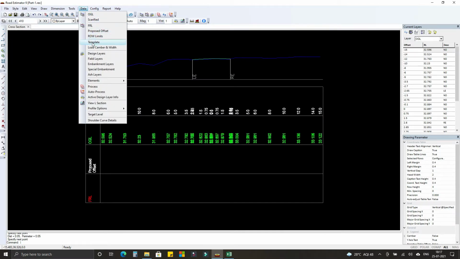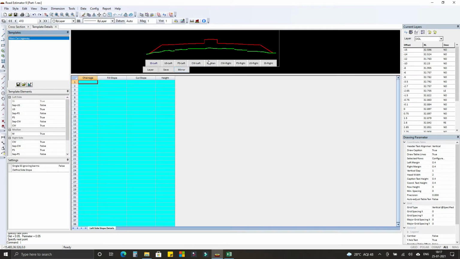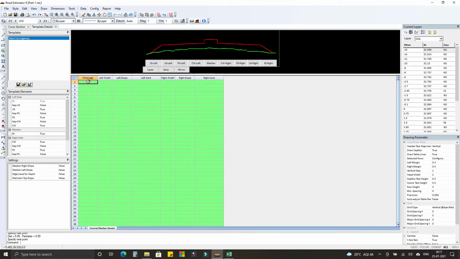Next, go to template. Let's select first the median. Median width is 1.5 meter, slope 3%. Select this, 1.5 meter, 3% slope.